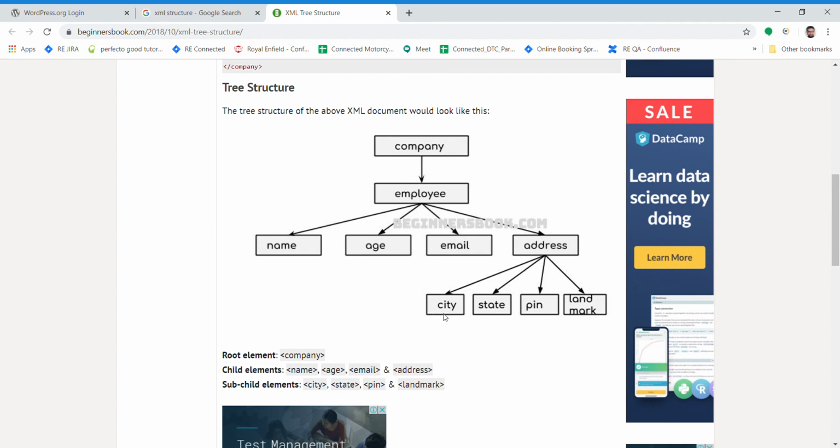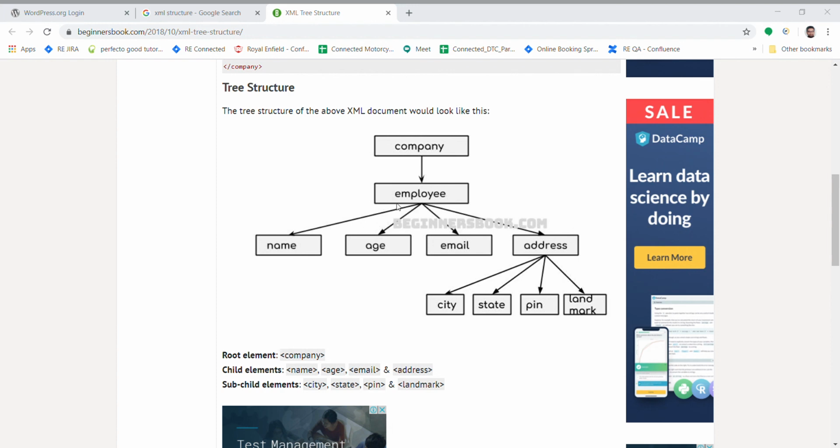Just to give more insight on that, all these are siblings: name, age, email, address for this parent, employee, because they share a common parent, employee. Also, this element has a parent, employee, and this element name has ancestors also.